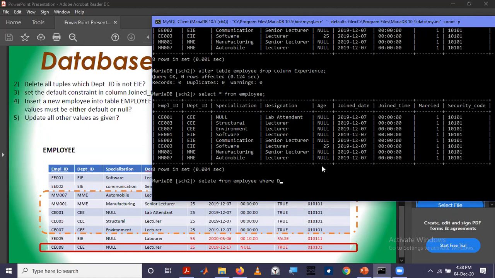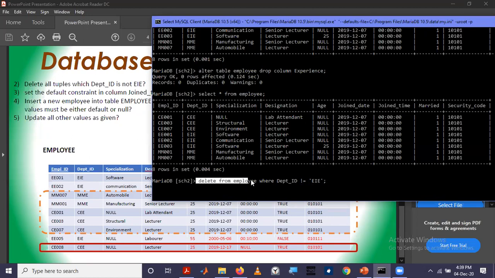Where department ID is not equal, this exclamation mark with equal represents not equal, to EI. It is a character, so we have to specify string type data within single quotes and then end with a semicolon.